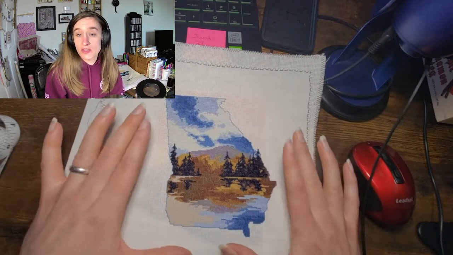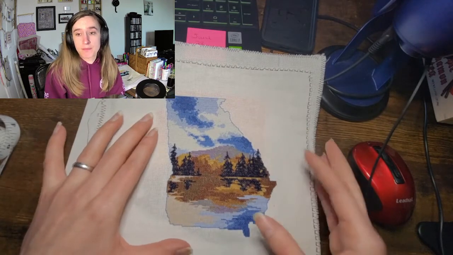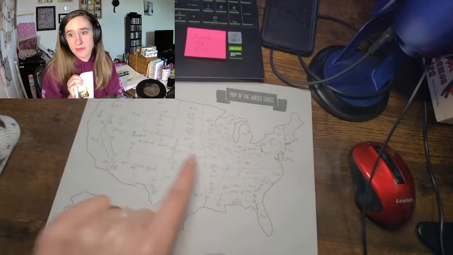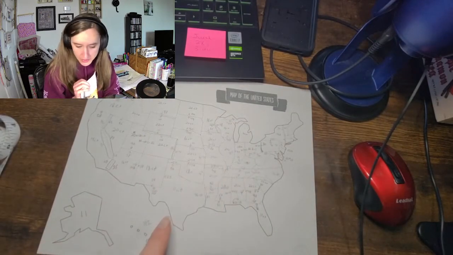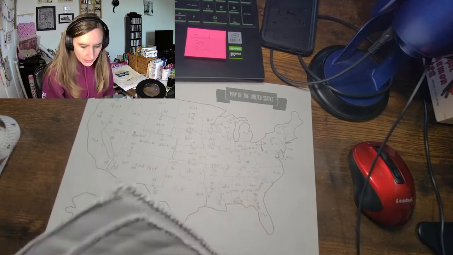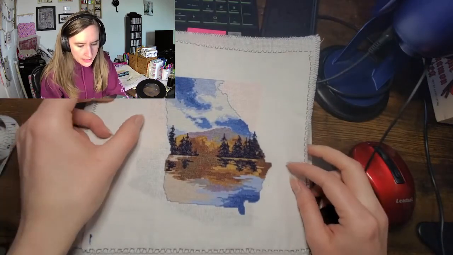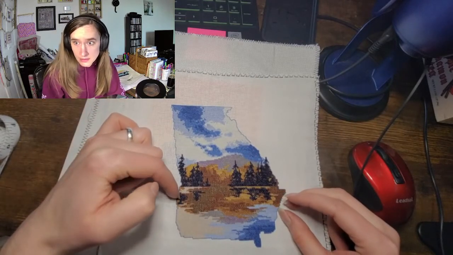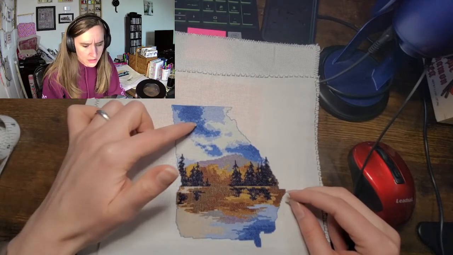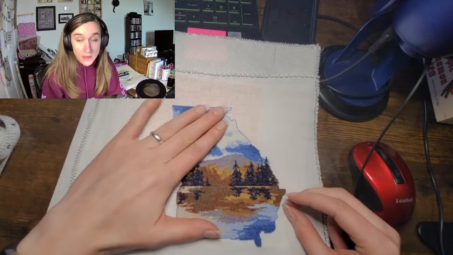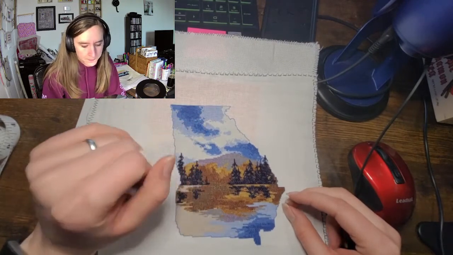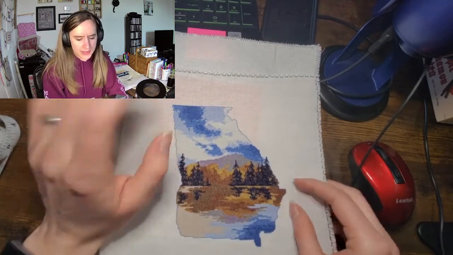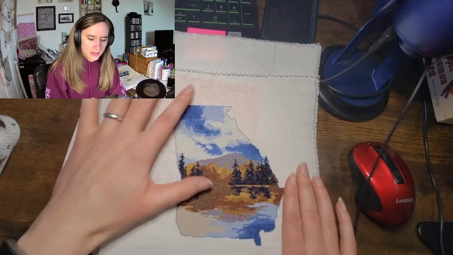So this is stitched on 22 count based on my calculations from doing all this border work. So I did one small pattern change. I outlined this in one of these blues, and I stitched this with one thread over 1. No, I don't need to get into that. So then I